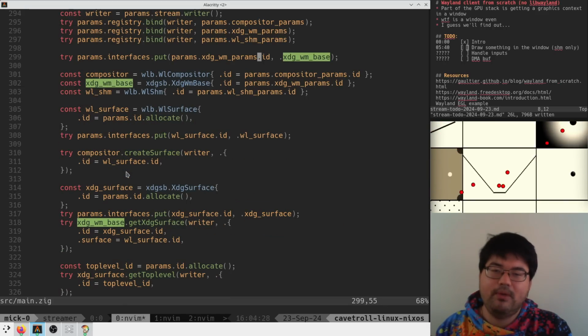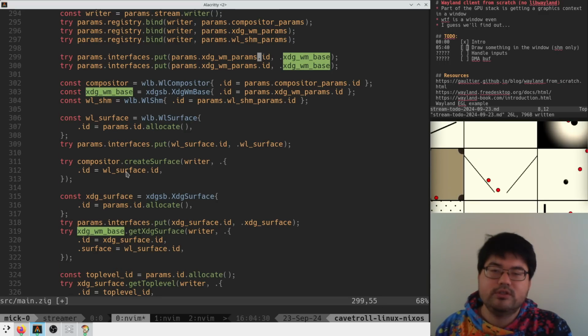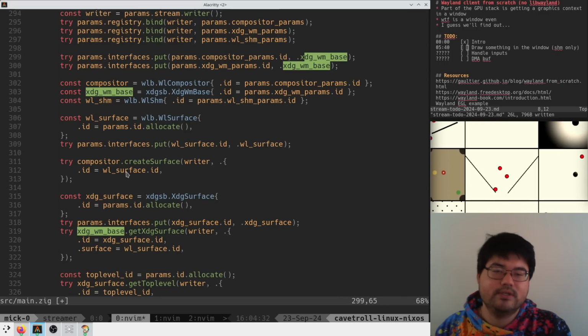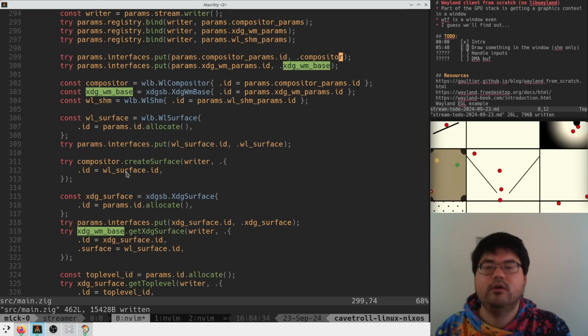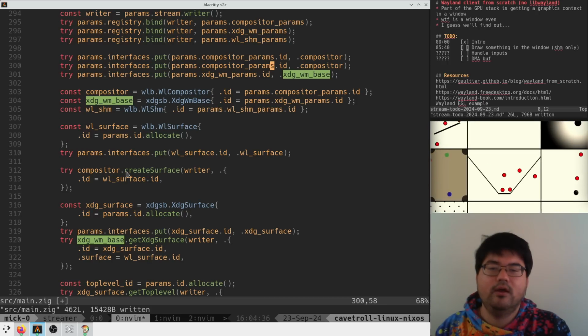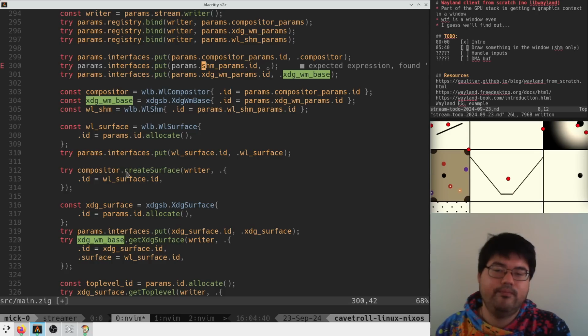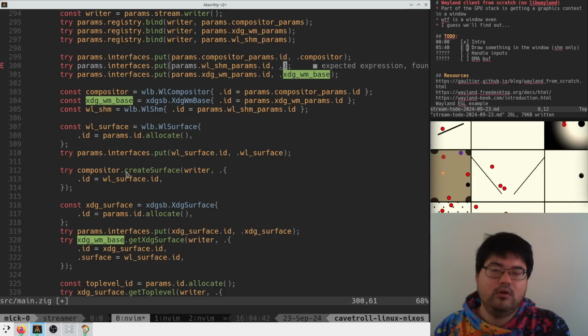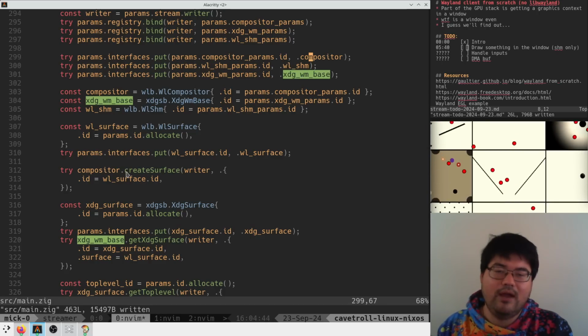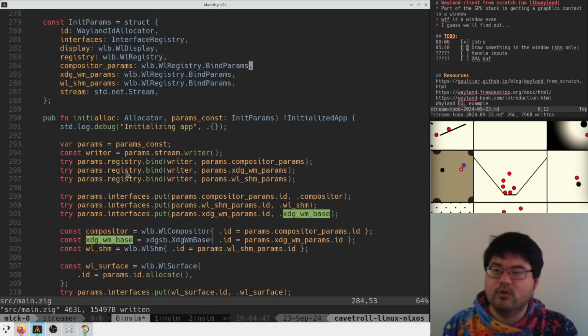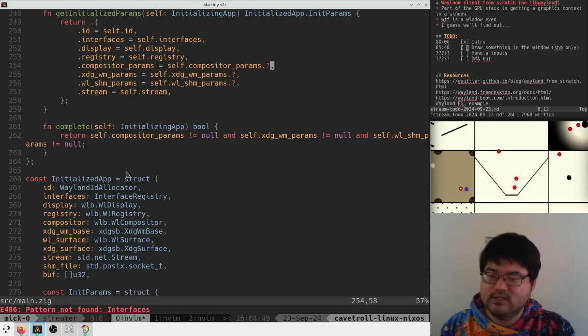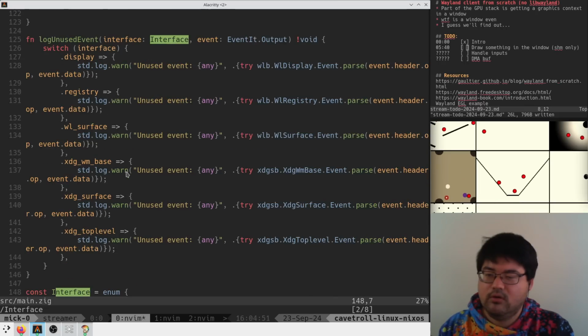I guess we have to make sure we map them all. So compositor params is compositor. And then SHM params is WL SHM. We do have to make sure all of these work out. So our interfaces